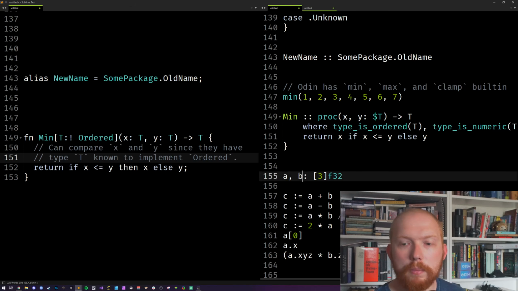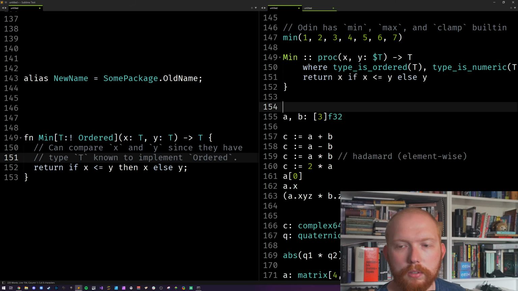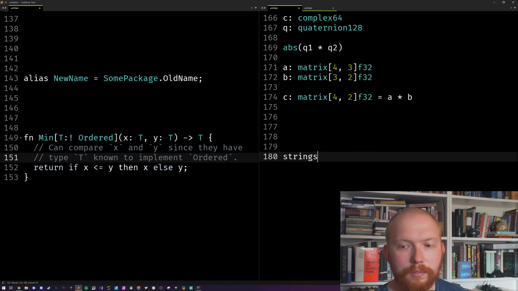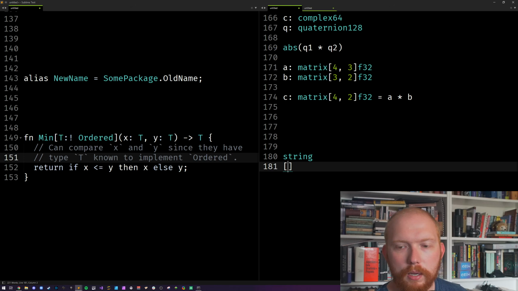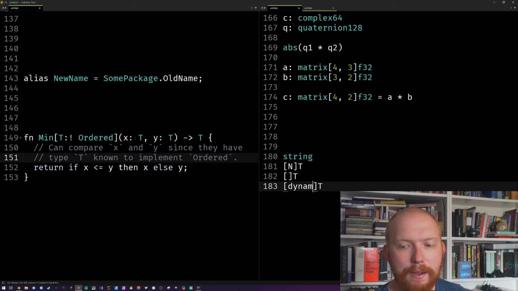And also we have string types, obviously, and we have array types. So we have all the different array types, like fixed arrays. I'm just going to do it at the bottom here, sorry. So for the other bits, for the data structures, we have a string type, no problem. We have array types. We have slices. We have dynamic arrays built in with custom allocator support as well.